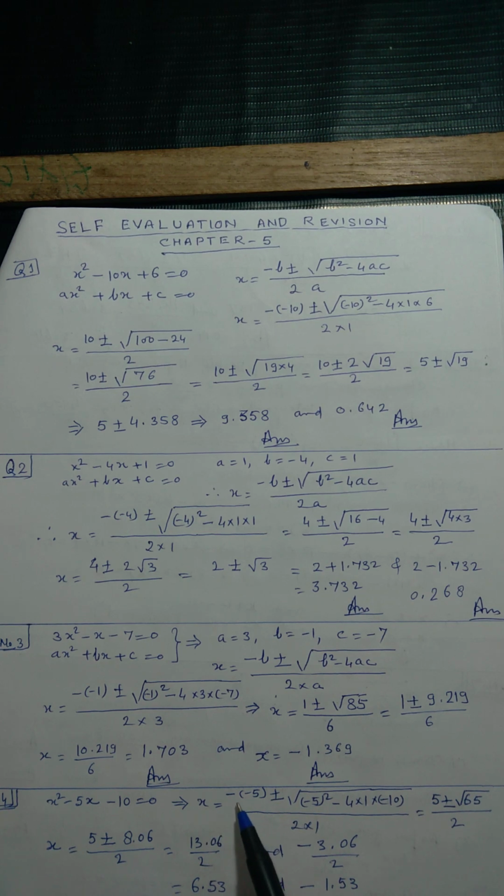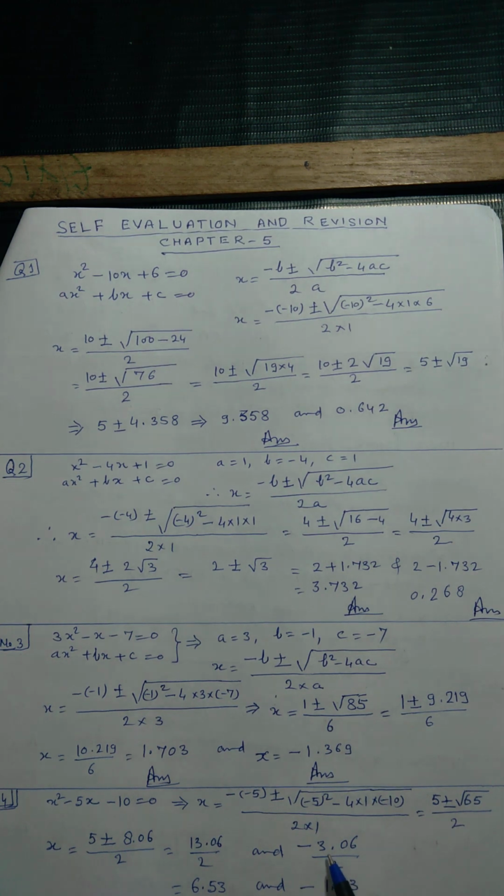Here x will be equal to minus, outside of the bracket, inside write down minus 5, bracket close, plus minus root of minus 5 square minus 4 into 1 into minus 10, whole divided by 2 into 1. We will get 5 plus minus root 65 by 2. So we will take out the square root of 65, we will get 8.06. So x will be equal to 5 plus minus 8.06 by 2, will be equal to 13.06 by 2 and